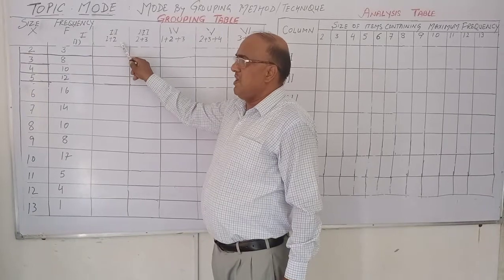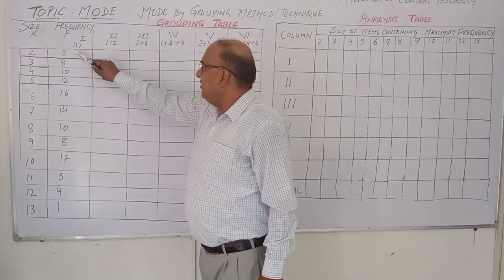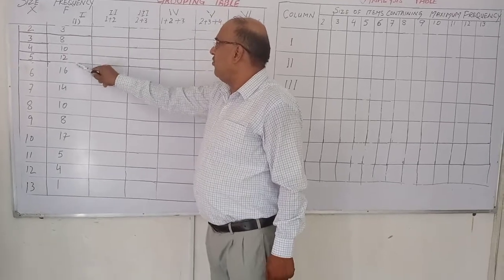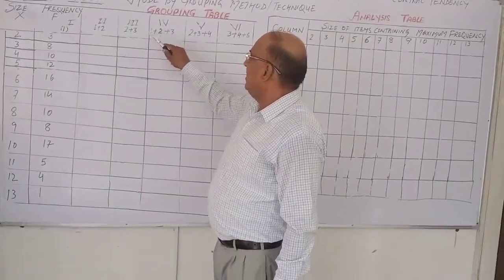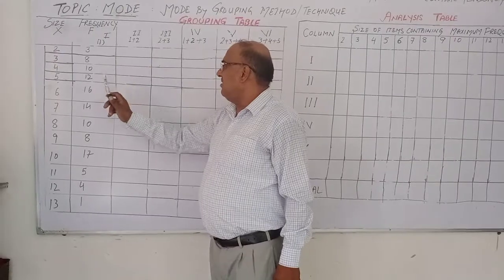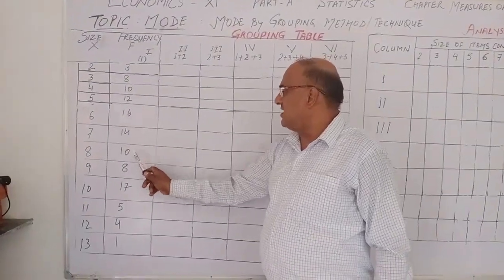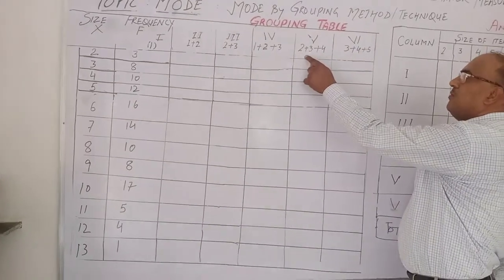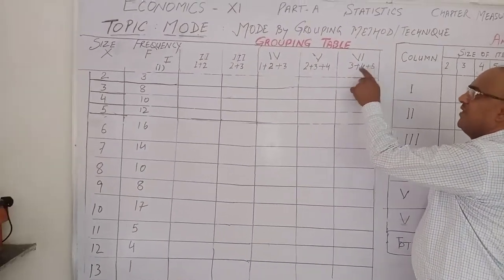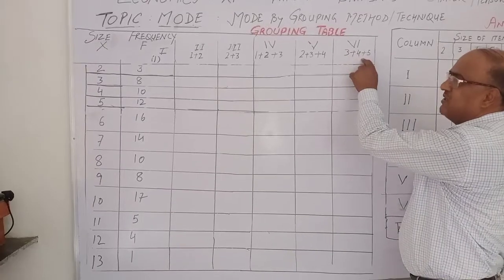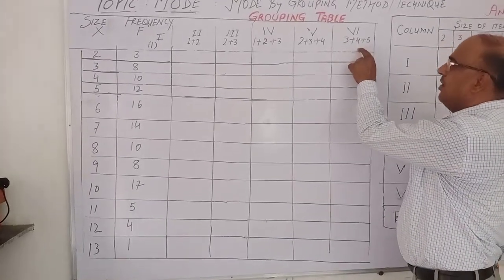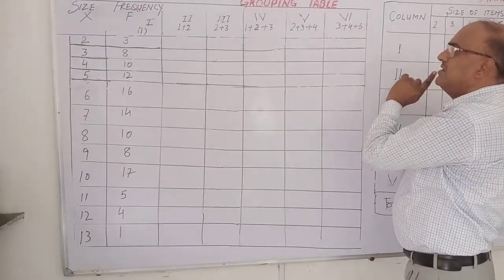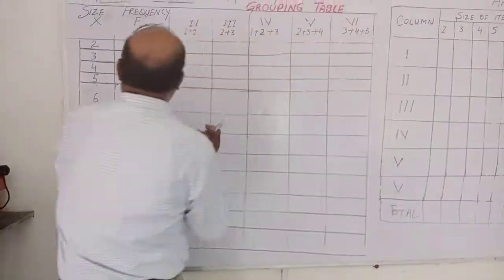1 plus 2 means adding the first and second frequency. Group of 2, group of 2, group of 2. 2 plus 3, group of second and third. Again second and third. Similarly, group of 1, 2, 3. Group of 2, 3, 4. Group of 3, 4, 5. What is 3, 4, 5? These are the frequencies, frequency number 3, number 4, number 5. This is the beginning. Similarly, now we have to make the brackets.